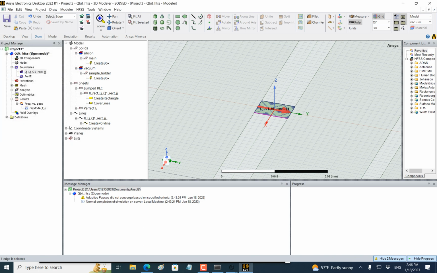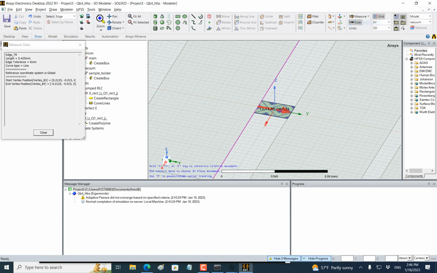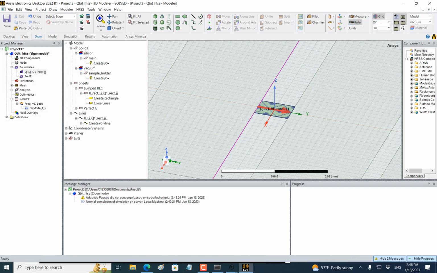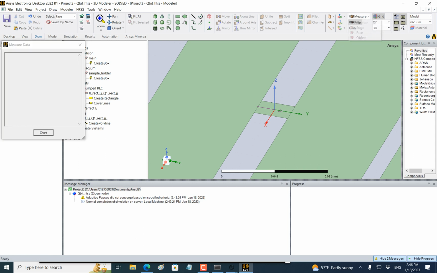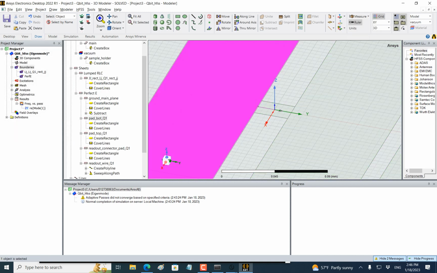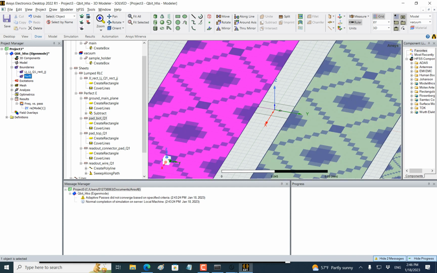And then outside we have this. Now I should just go back, instead of doing measurement, I just type escape, and then just come here. I want to click on the object instead. So if I come here now and click on this one, you see that it is a pad. And this one actually assigns a boundary condition also. If I click on this perfect E,